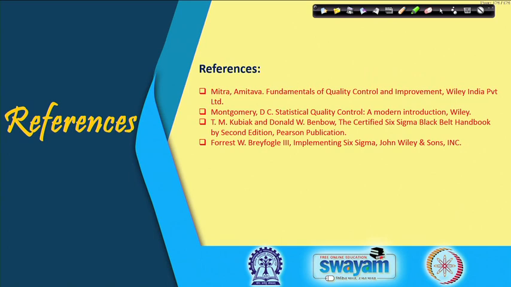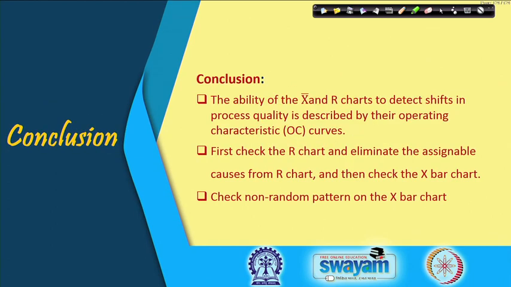So I think with this you have acquired adequate knowledge on operating characteristic curve for control charts for variables, and these are the references you can use to have a better understanding of this particular topic. So OC curve is a discriminatory power and is a measure of goodness of my control chart, and typically it relates the specific shift in mean or variability with the type 2 error. As I increase the sample size, the discriminatory power increases, but also I have to see the economics, and the one which can give me the best trade-off, I must go for that particular operating characteristic curve.